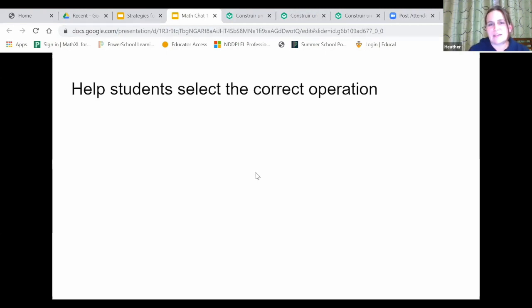I'm sure they mean help the students analyze the problem and figure out for themselves what the correct operation is. But I do feel like if students are doing a word problem, they ask, should I add or should I subtract? What should I do? Should I add? Should I subtract? They just want you to tell them. I think that comes back to what you were saying about how much linguistic processing math really is.